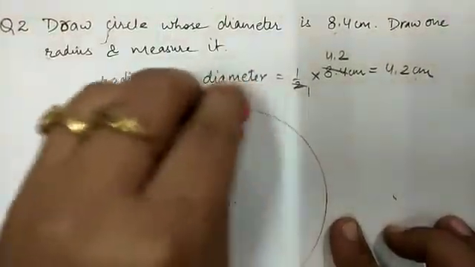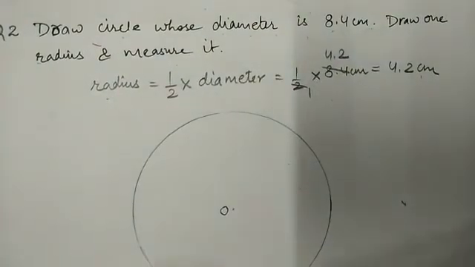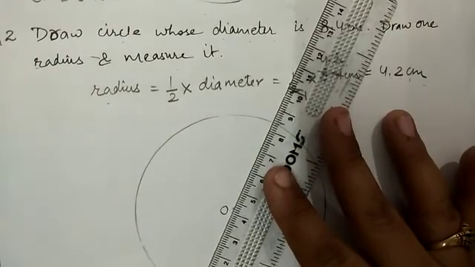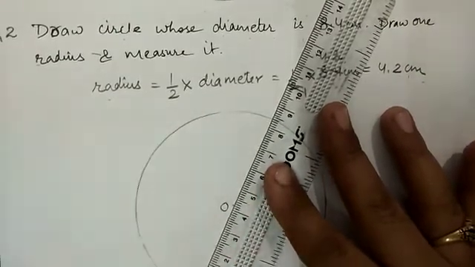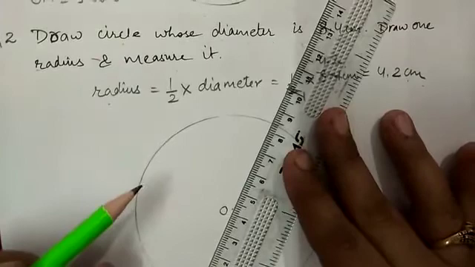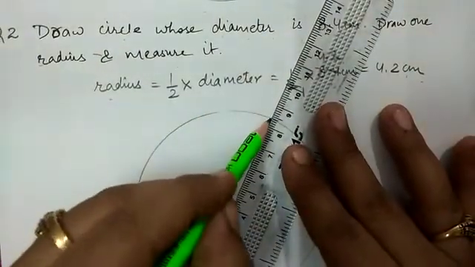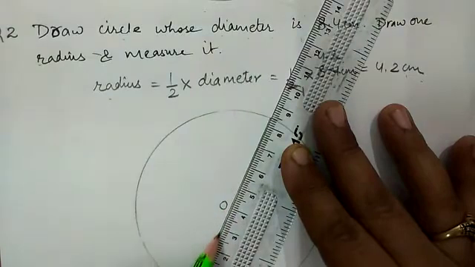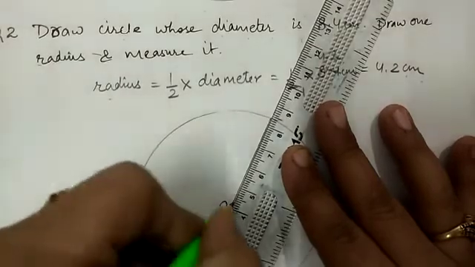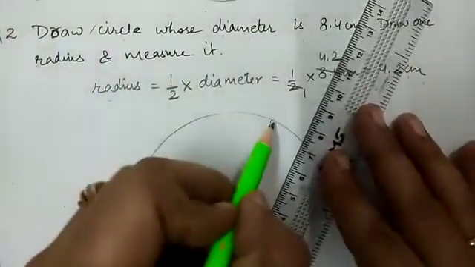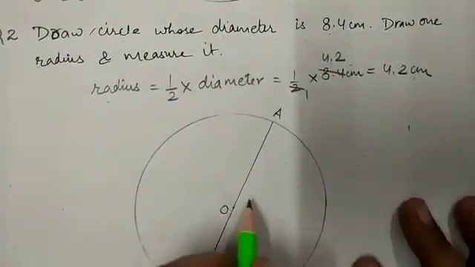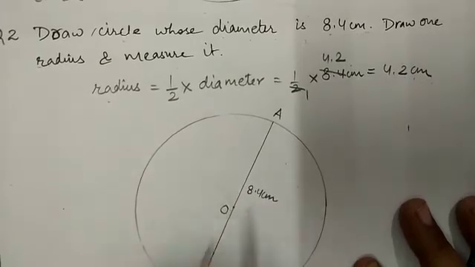Like this. Now we will draw the diameter of a circle like this. It is not compulsory to draw a straight line, that is horizontal or vertical line. We can draw in any way. See, my diameter is going to be equal to 8.4 centimeter. This was the center of the circle. Now we will mark it as AB, or you can give any name you want to give.